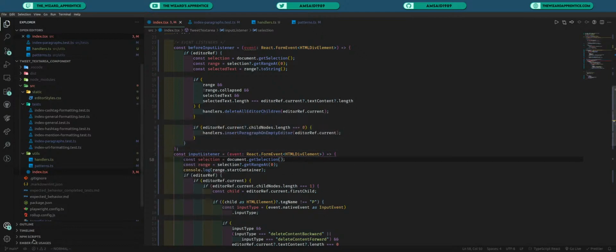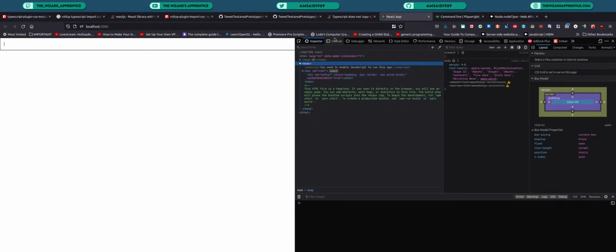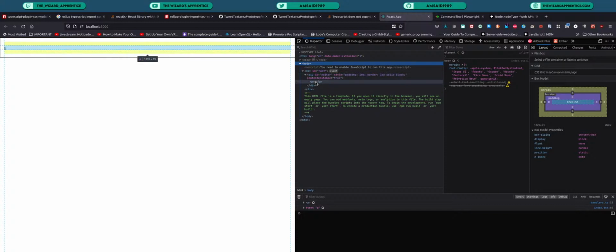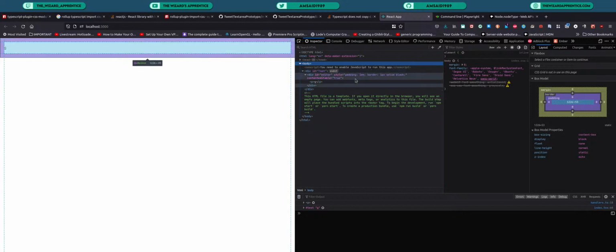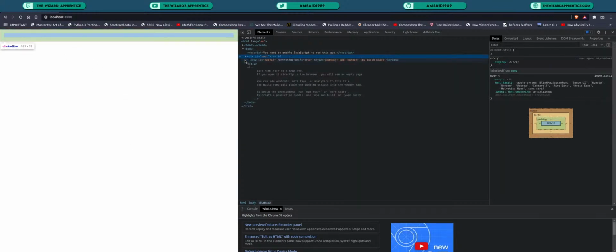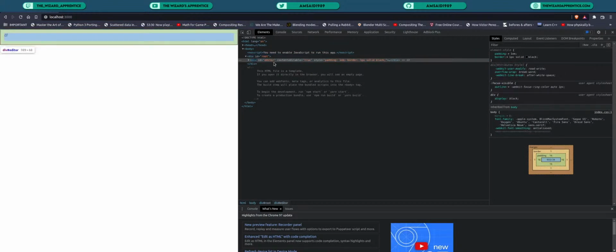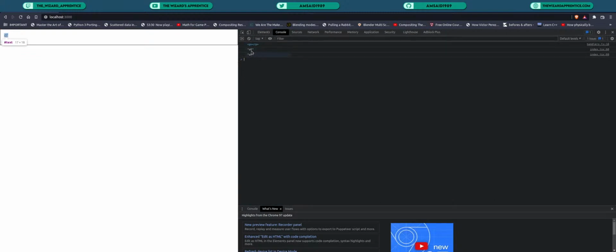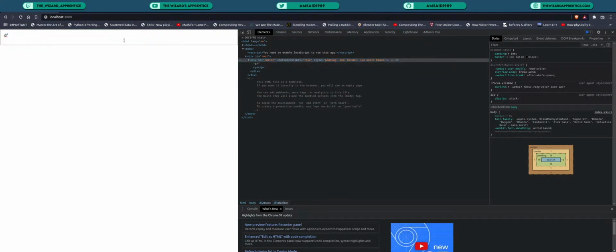Let's actually see it first in Firefox. Well, where did it go? So yeah, we have it here. If we go to the console and we add that, as you can see, it selects this, and this one is actually inside the paragraph. However, in here, now I think about it, this is probably not very useful. But come to think of it, maybe all we need to do is